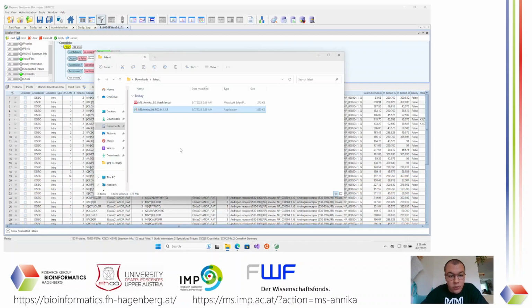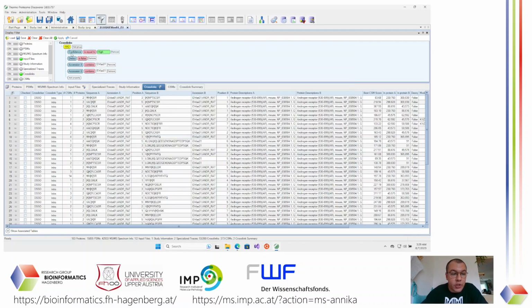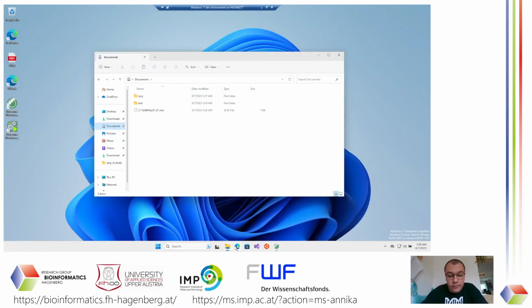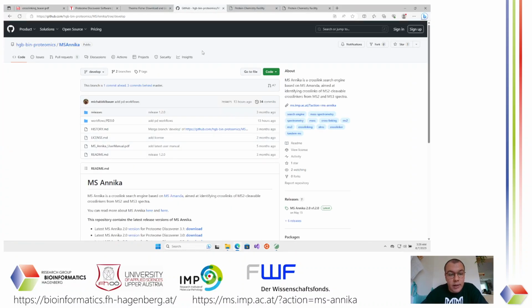So if I now go to documents, I should have this Excel file in here that contains all the crosslinks that are within the 1% FDR threshold as specified here. No decoy crosslinks, and both accessions are of the androgen receptor of the mouse. And that's basically the part in Proteome Discoverer. And what you then can do is we have some